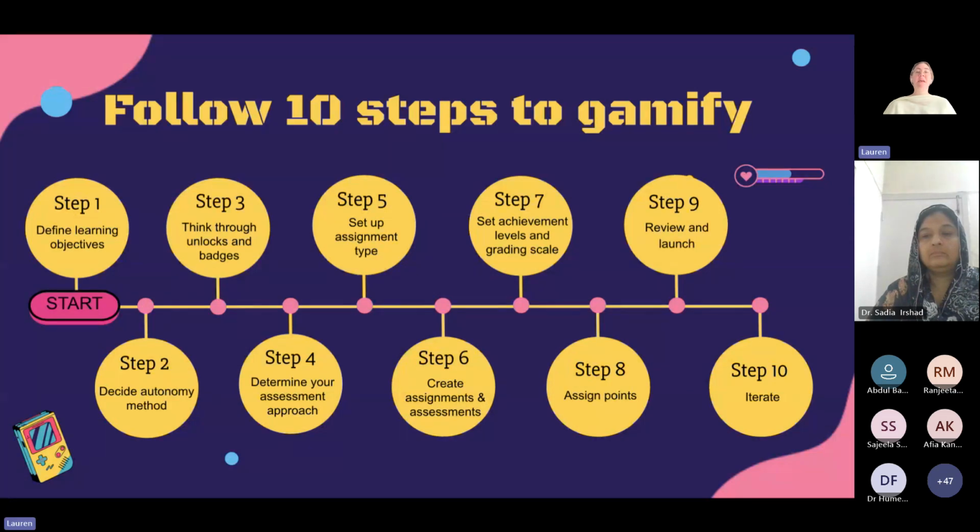Step 5, set up assignment type. Which types of assignments are you going to include or not include? Step 6, create assignments and assessments. Step 7, set and achieve levels and grading scale. Step 8, assign points. Step 9, review and launch. And step 10 is iterate. Step 10 means learn from one class and make changes that you think are needed for the next one.